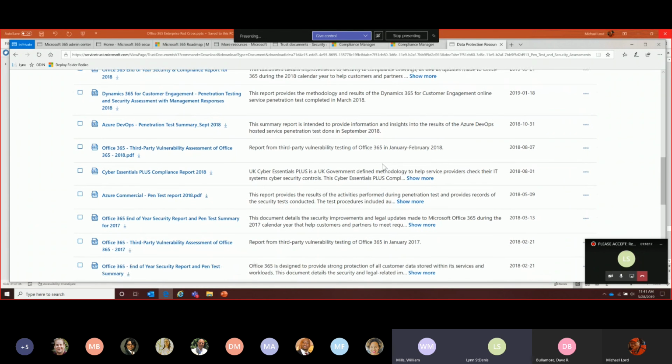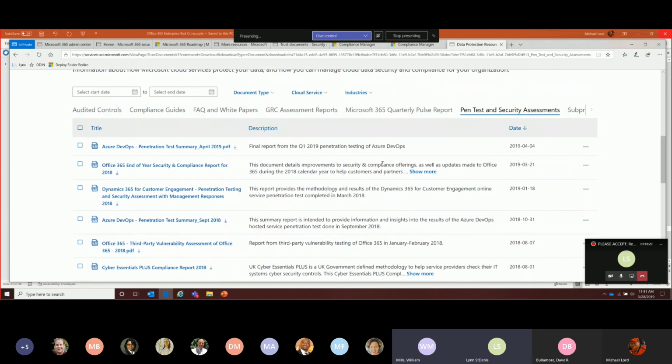Is the pen test just targeted to, what is the pen test encompassing as far as all of the devices in our segment, or just the portals? What is it scanning? So once again, it depends. When we talk about third-party assessment of continuous monitoring, for example, and looking at vulnerabilities associated with continuous monitoring, that's the entire environment. Is everything patched? Is everything at the level it needs to be?